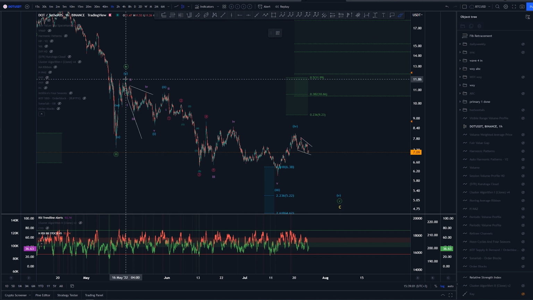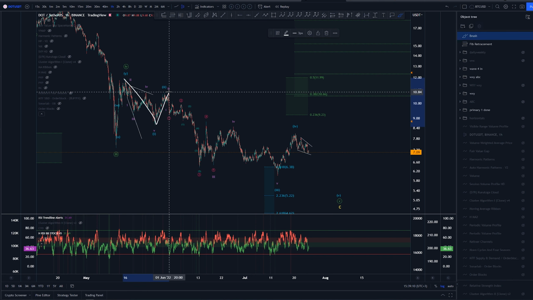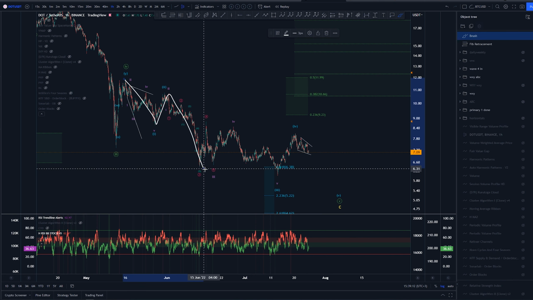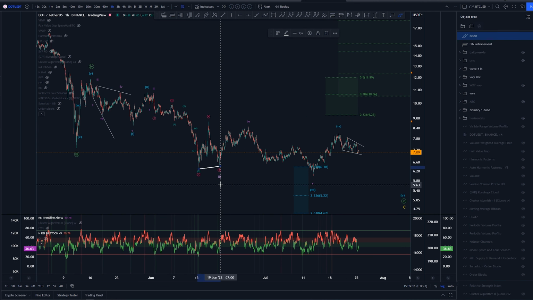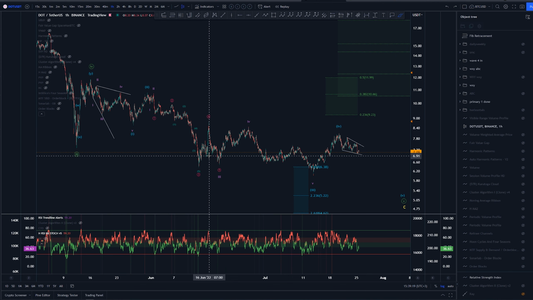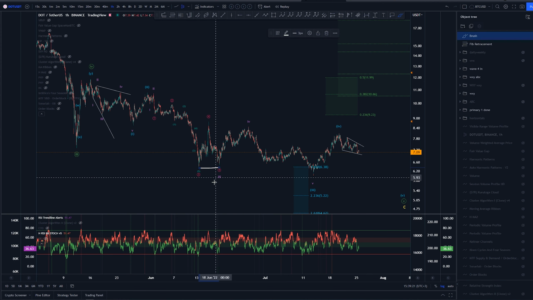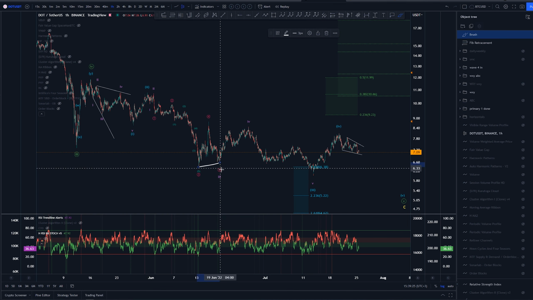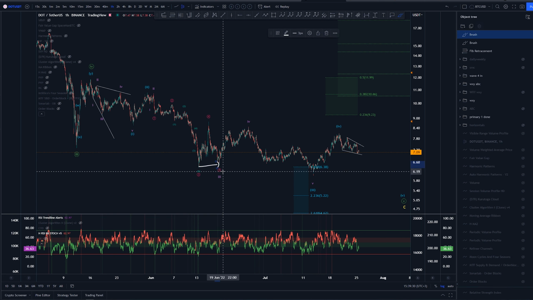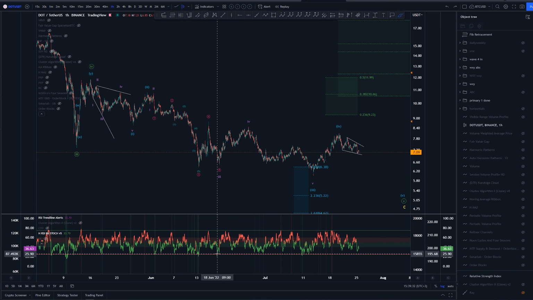But again, we don't really have many other counts to look after, so this is one of the definitely possible counts here. So 1, 2, then kind of impulsive looking wave structure, but again, another thing that I don't like is another truncation here. So generally we want to see a price divergence between the 3rd and 5th, but again, if the price is diverging or is truncated here on the 5th wave, we don't obviously get that